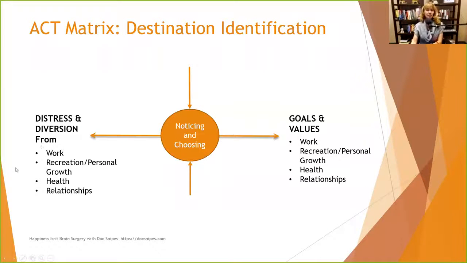And then on the other side, you have distress and diversion. So something happens and you notice that this something happened and you choose thoughts and behaviors that either move you closer to what's important to you and your goals and values, or you choose behaviors that may temporarily make pain go away, but often just serve as a diversion from getting you towards your end goal. And a lot of times they end up causing additional distress. And we're going to see how all this plays out, I promise.